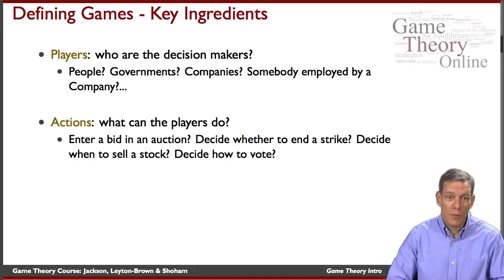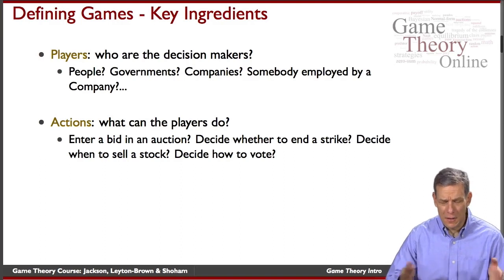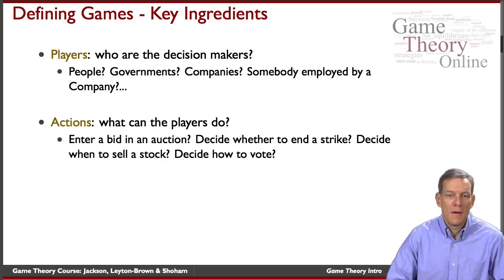Next, we have to decide how we're going to model the actions. So what actions can players actually take? When later on in the course we'll be looking at auctions, they'll have bids, so they can enter a number of bids. When we're talking about bargaining, they might be deciding whether or not to strike. When we're thinking about investing, it could be that an investor is deciding how much of a stock to buy or sell, when to buy or sell it, how they should react to other people in the market, how they should be conditioning their decisions on prices. When we're thinking about voters, how do they vote? So there's going to be a whole series of actions, and we'll want to be careful in making sure that we have the essential actions modeled.